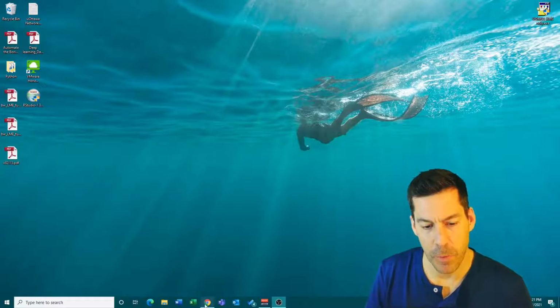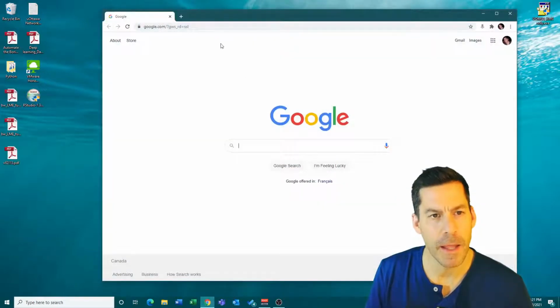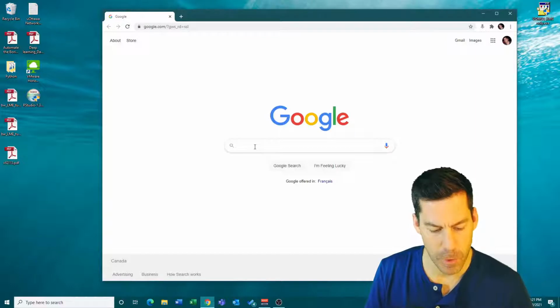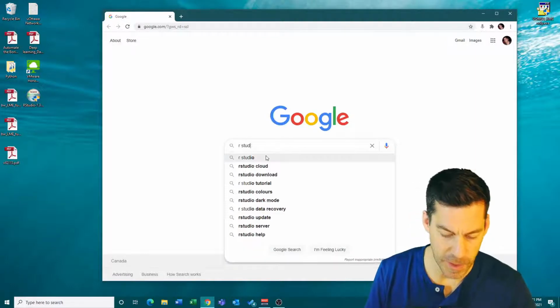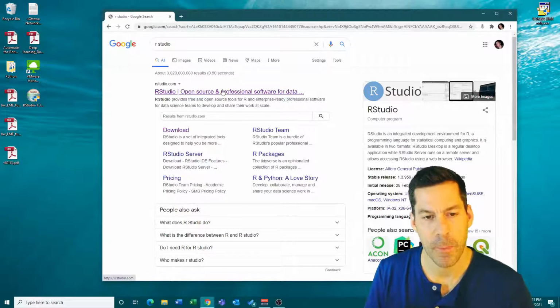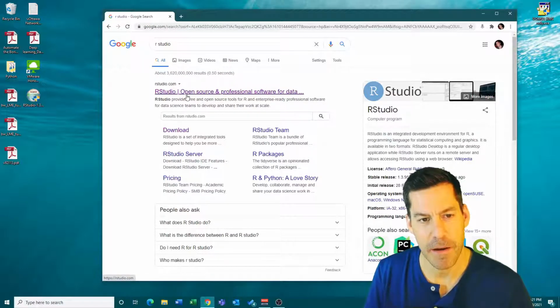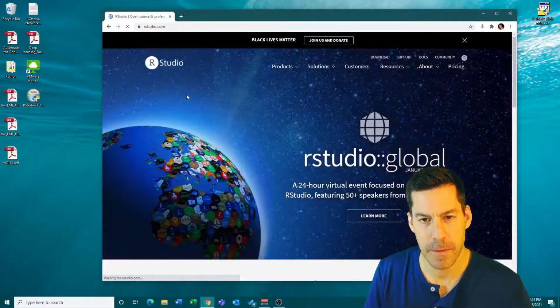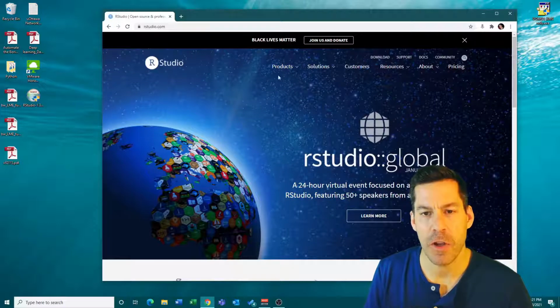So I'm just going to open up my browser here again, and I'm going to search for RStudio. And we see the top hit here. It's RStudio. I'm going to go there. And on the RStudio page, I'm going to find the download link, which is right at the top here. Click on that,